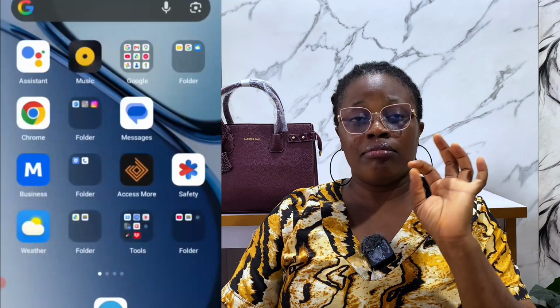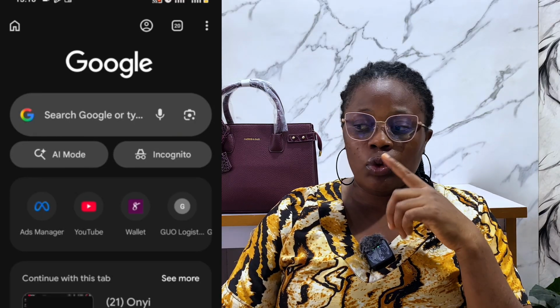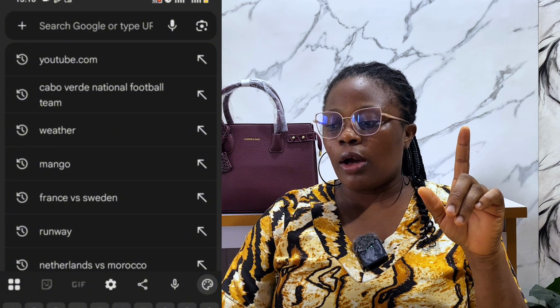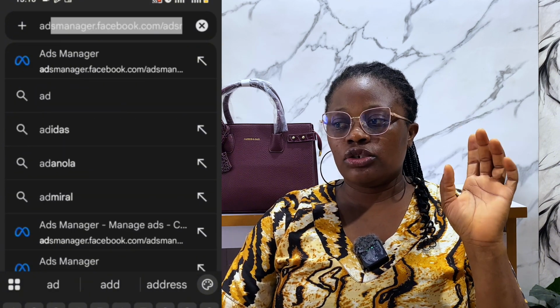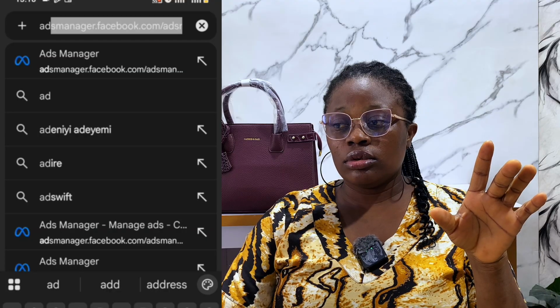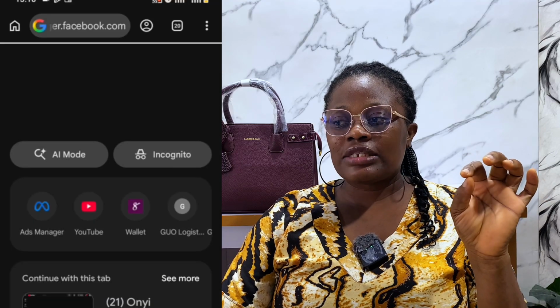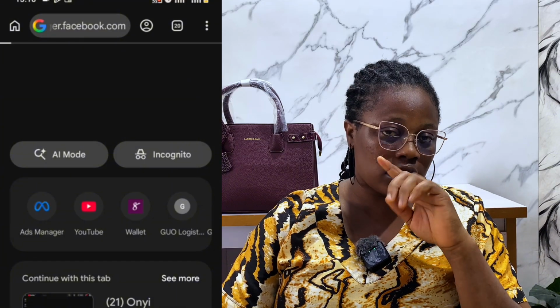Let's go into the main thing, which is how to run this ad. Now to run this ad, we'll be using our Google browser. Okay, so you can see my Google browser. You go to your browser and you just type adsmanager.facebook.com. Now before you get to this stage, guys, before you start running ads for your business, of course you